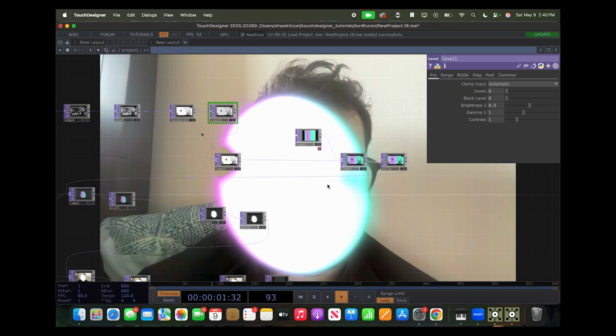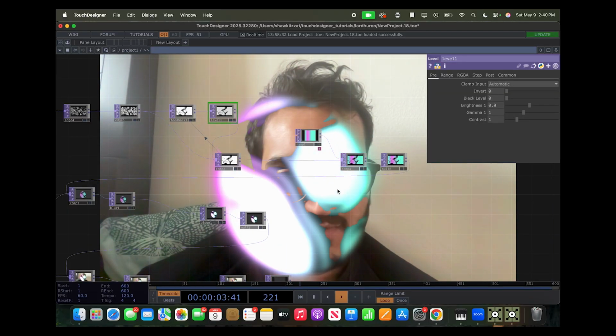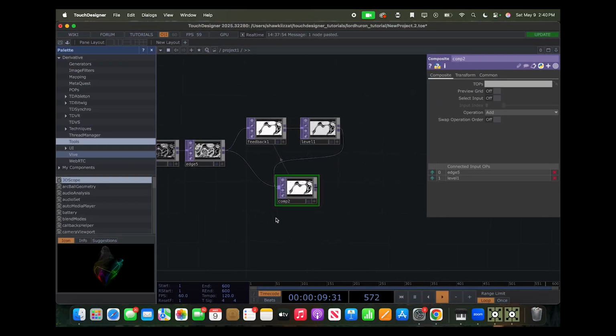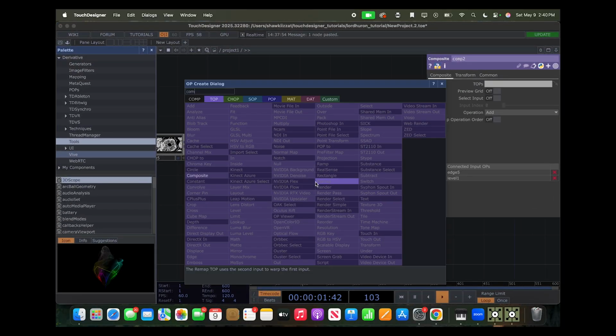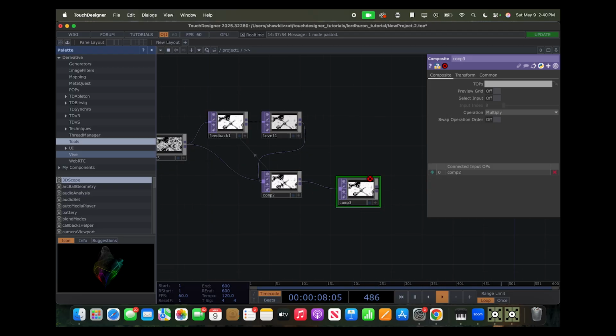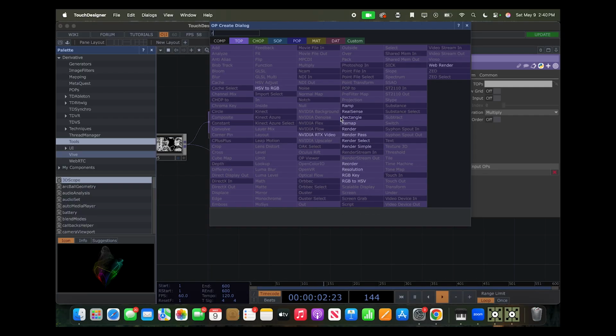Now we need to add some color. I'm sorry for the sirens if you can hear that. So let's add another comp to this composite, and just gonna put this here. So we've got another composite here, and let's add a ramp,